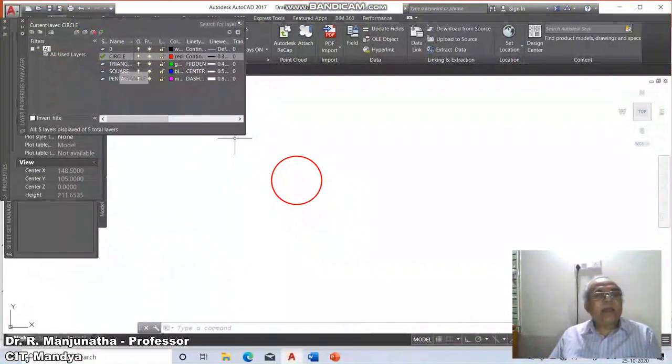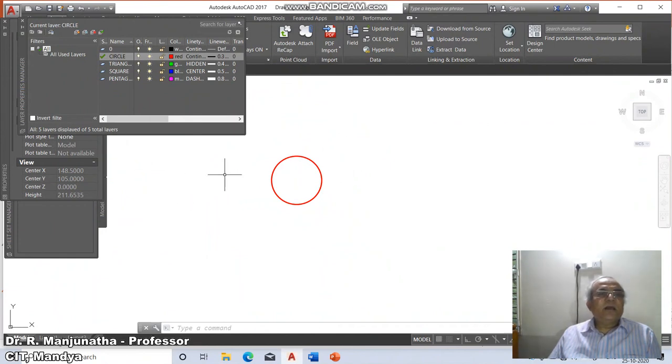To create a triangle in a triangle layer, you make that layer the current layer. How do I know that we are working in the current layer? Circle, you can see here the current layer is circle. The color of the entity is red, so we can see it is written in red color. The line width is 0.3, so naturally it is in the dark color. And the line type is continuous, so it has the continuous line type.